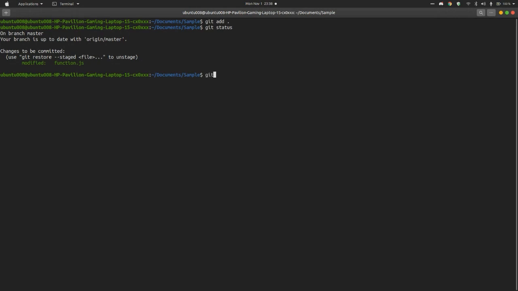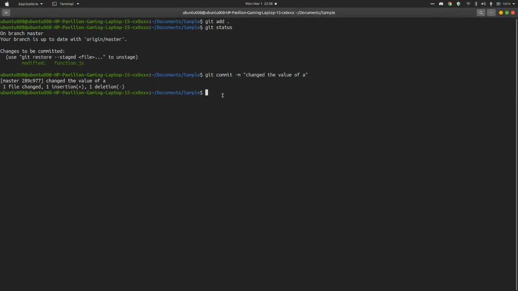Now I will commit this change with git commit -m and our commit message, "changed the value of a". So this change has been committed.